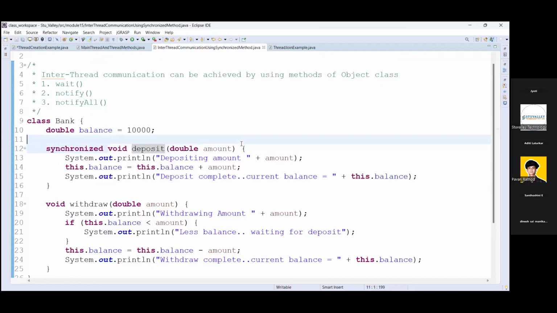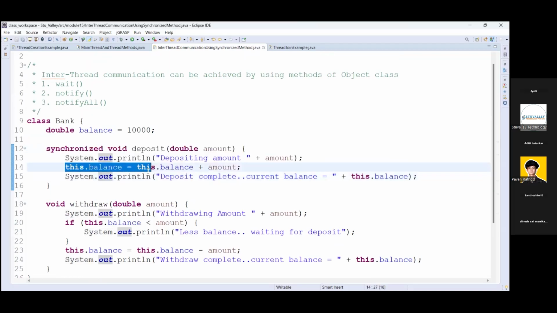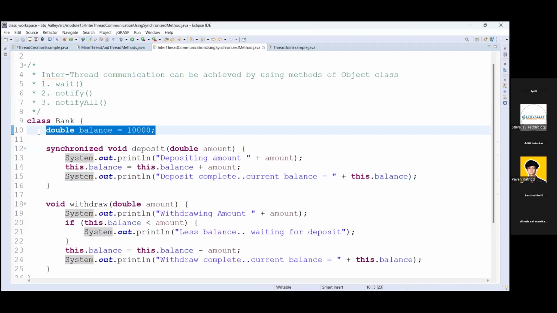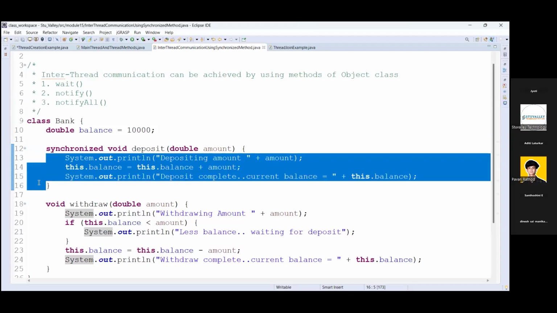But we mostly use another way for synchronization, that is the synchronized block. In a method, we need only the statement that accesses the object to be synchronized. Here we have only three statements, but if our method has 15 to 16 lines of code and only one statement actually accesses that object, then unnecessary statements get synchronized.